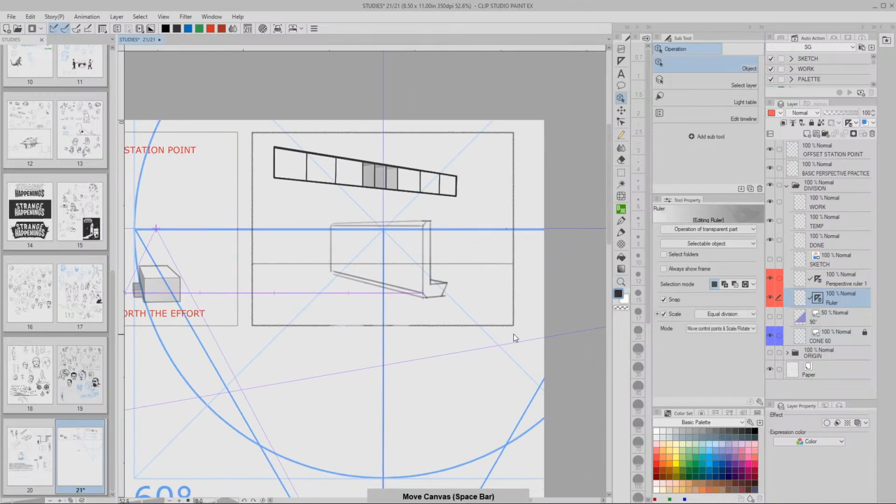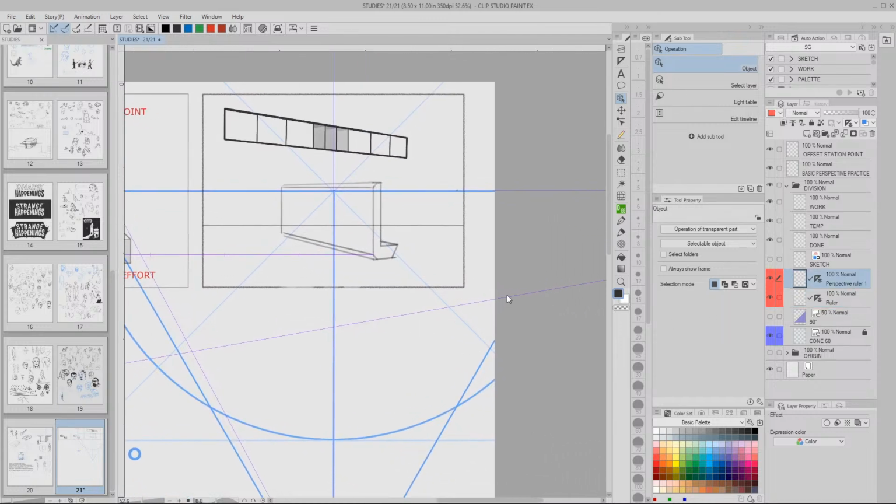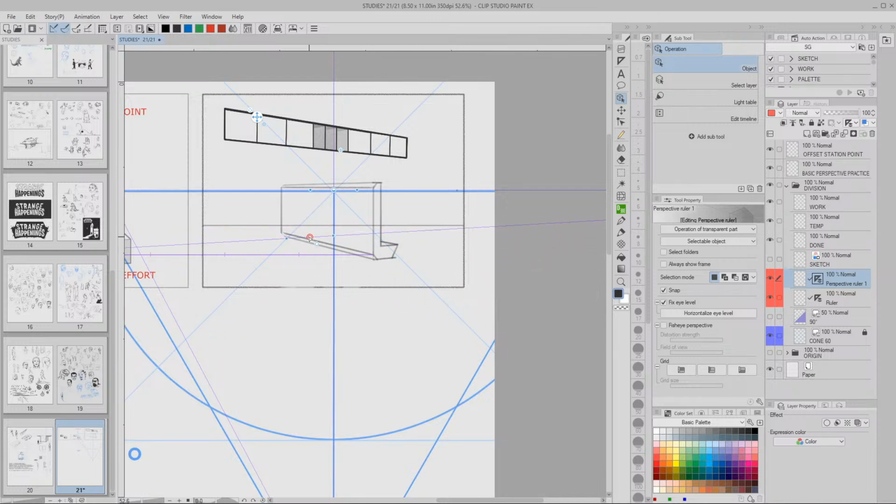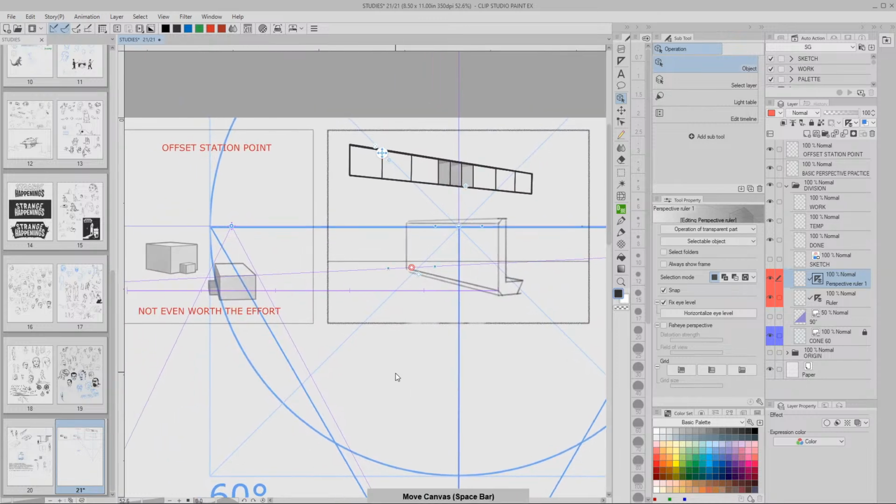So now what we need to do is we need to get our perspective ruler. We have to select the perspective ruler layer and then use our object tool to activate the ruler on the perspective layer. And there are ways to set this thing so it'll select the layer for you and stuff, but whatever. So we want to go through this corner of the box. And why is that? Well, it's because we want to